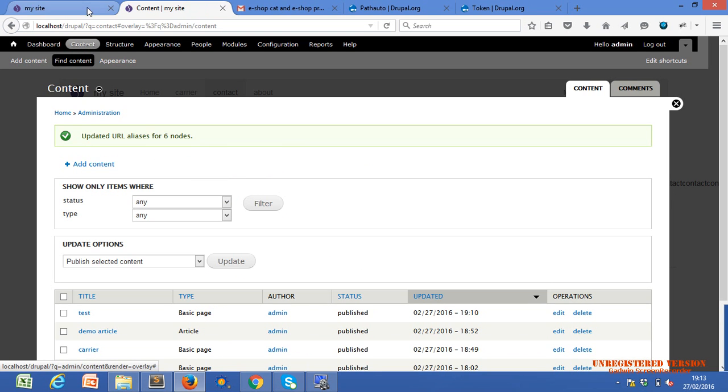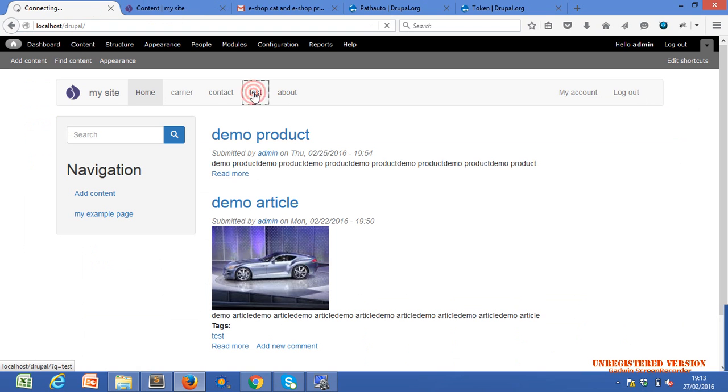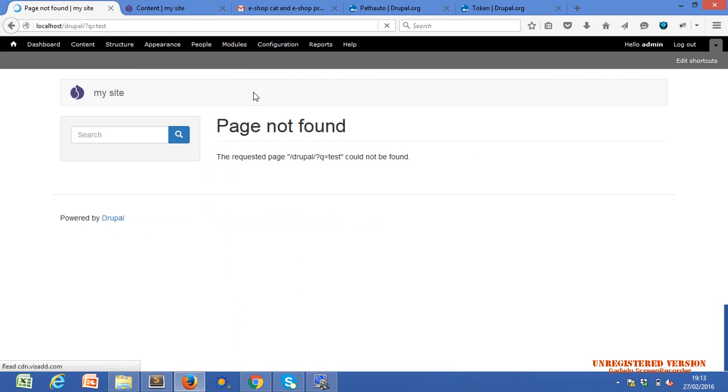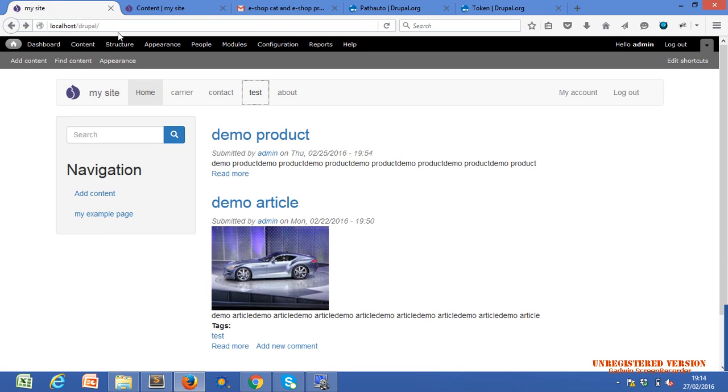Updated. Now the stable test should be ID. No, test is coming. It's not found. Why is it not found? Okay. The setting has been saved, so the page should not be found. We have to refresh.